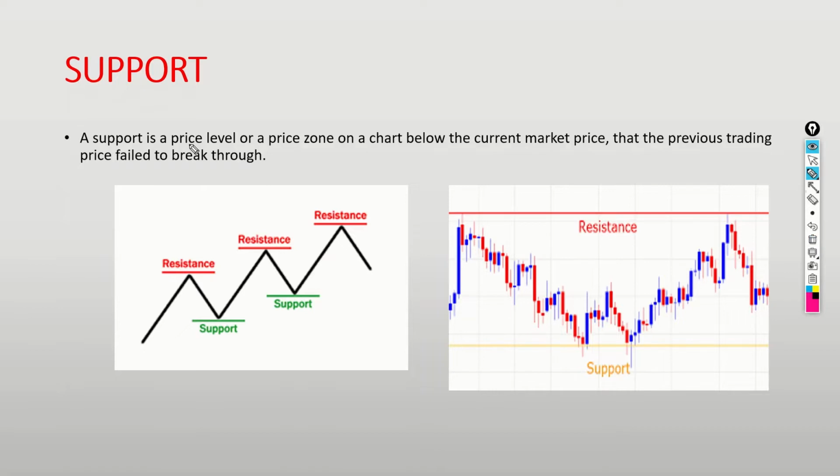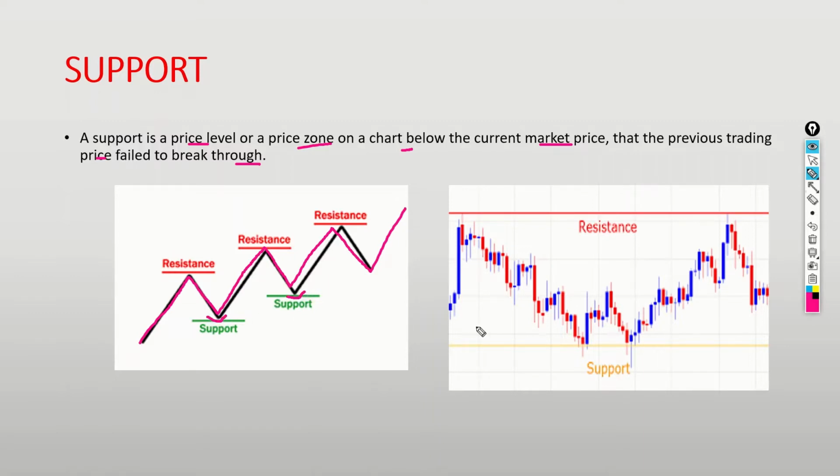Support is a price level or a price zone on a chart below the current market price that a previous trading price failed to break through. For example, look here: the price moved here, creating a higher high, moves low, creating a higher low, goes up, higher high, goes down, higher low, goes up, higher high, goes down, higher low. If it continues like that, these levels where the price failed to break through are what we call the